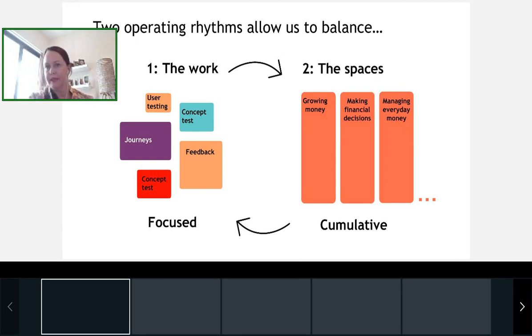So we will do a concept test on some new feature that might be in an app, but at the same time, because of the context that we wrap around it and the different methods that we're using, we learn so much more. We honour the work and report out on that, but then at the same time, we'll do a pass and look at what we've learned and how we can augment or improve our knowledge within that problem space on the right-hand side. After we've done that, we've generated more themes, more tags, more understanding. That means next time we have a specific project, we're able to bring that over and use it on the left-hand side there, back into the work.